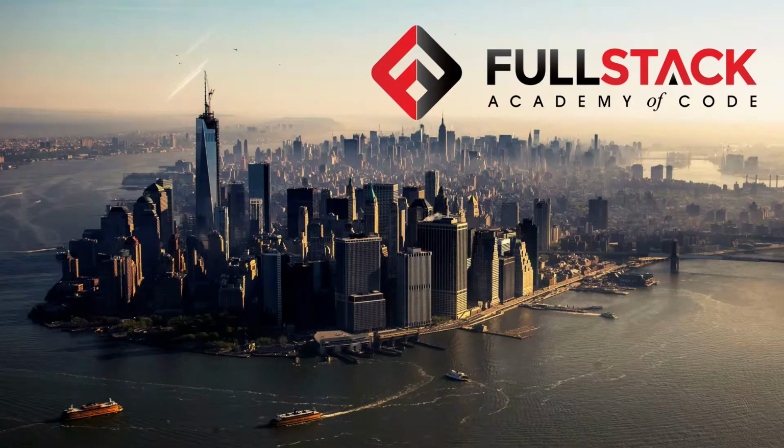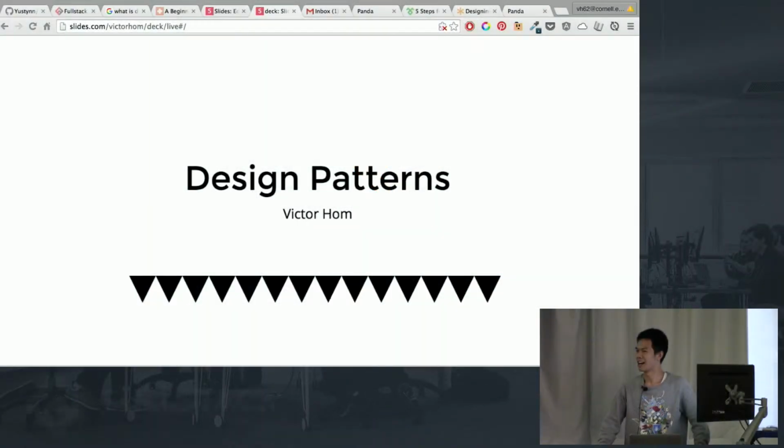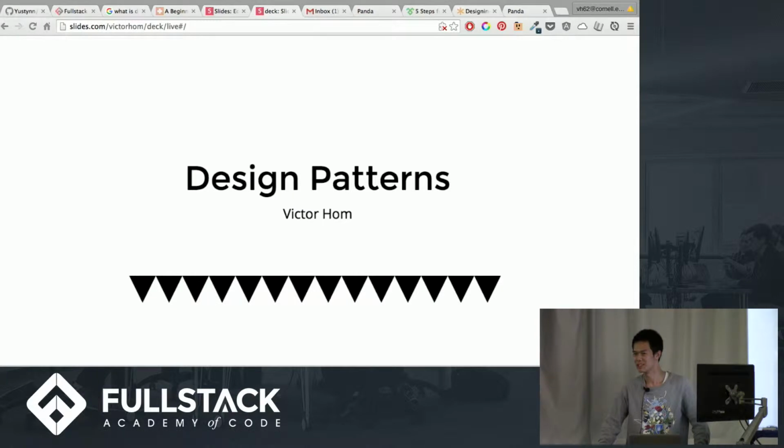And I will be talking about design patterns today. I know you guys talked about some cool technologies, but I think I'm bringing something closer to home here on design patterns. Design patterns might sound a little bit scary, but one thing you'll realize is a lot of what